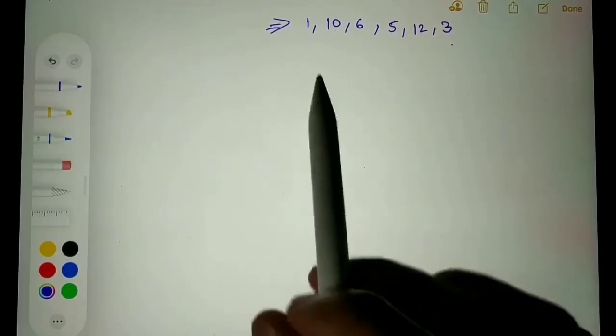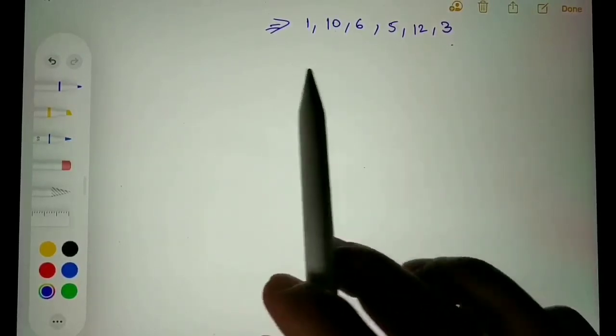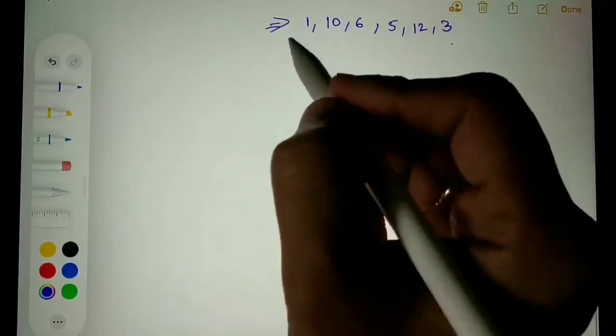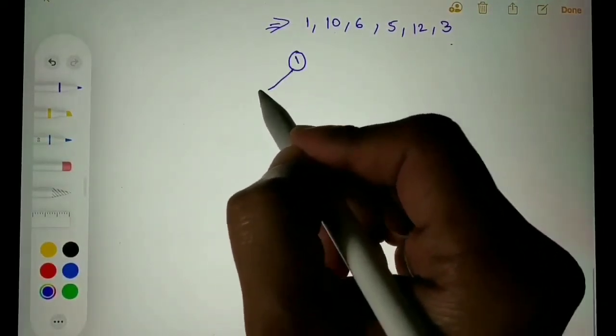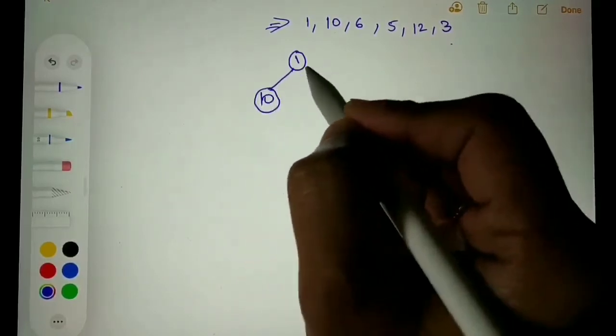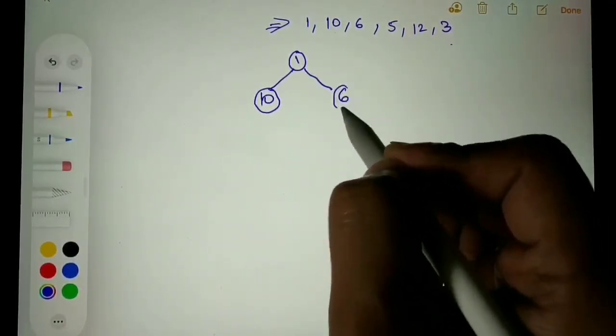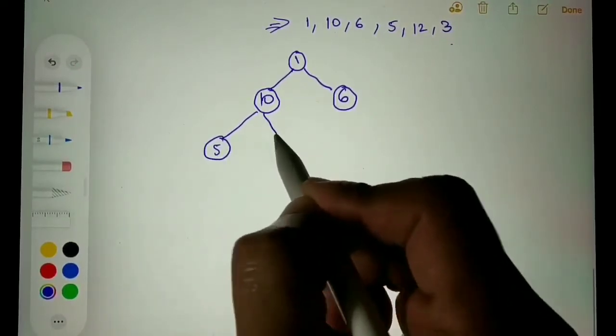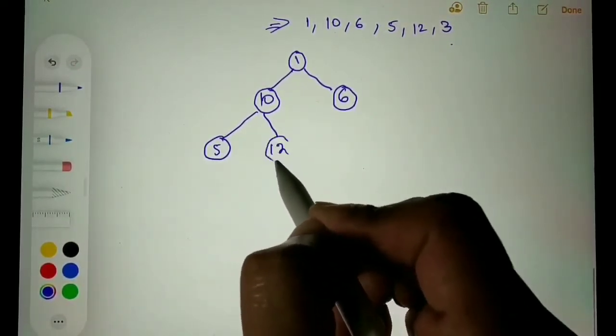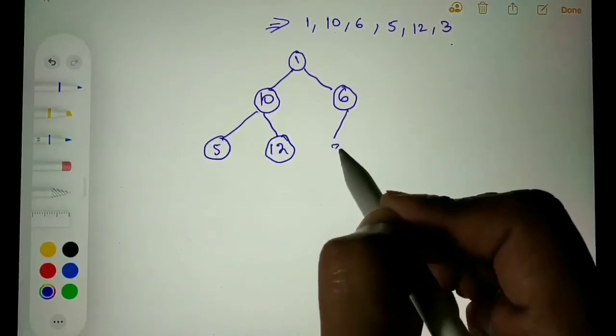First I will add elements to the tree in the same order without performing any operation. First 1 and next I will add 10 and next 6 and 5, 12 and 3.